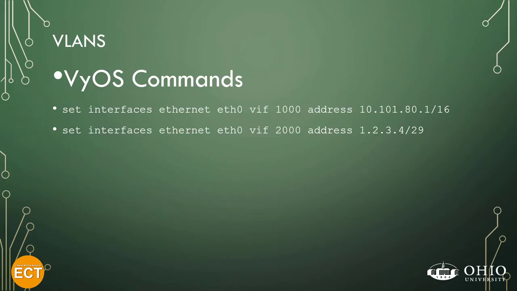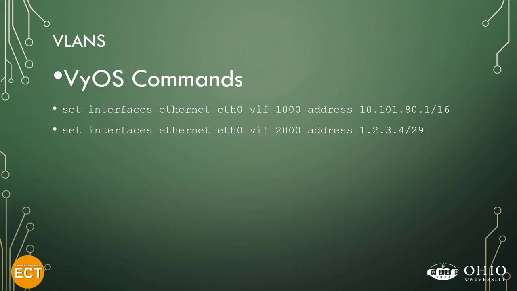Normally, we would set interface Ethernet 0, and we're used to just putting an address on it, and it goes out. In this case, VIF is a virtual interface. And it's going to tie it together, and we're going to see virtual interface 1000, virtual interface 2000. That's going to tell VyOS, hey, you're reading and writing tag traffic. You're no longer just putting packets on the wire, presumably in VLAN 1, but you're going to pay attention to